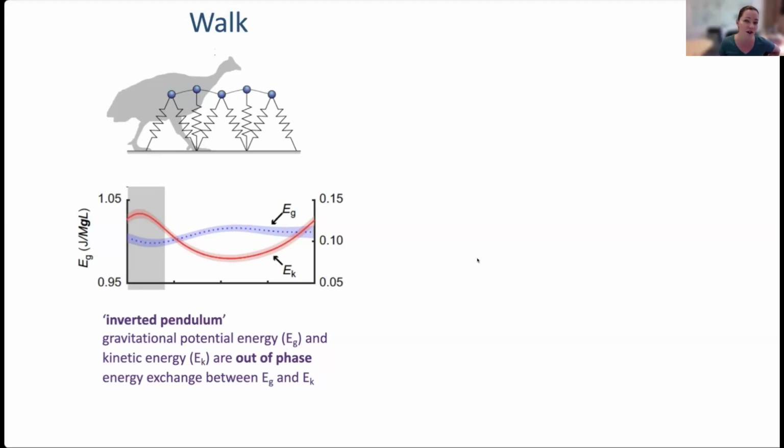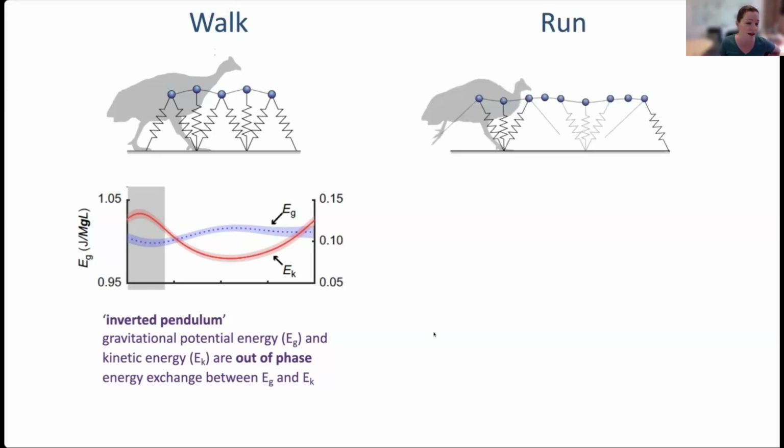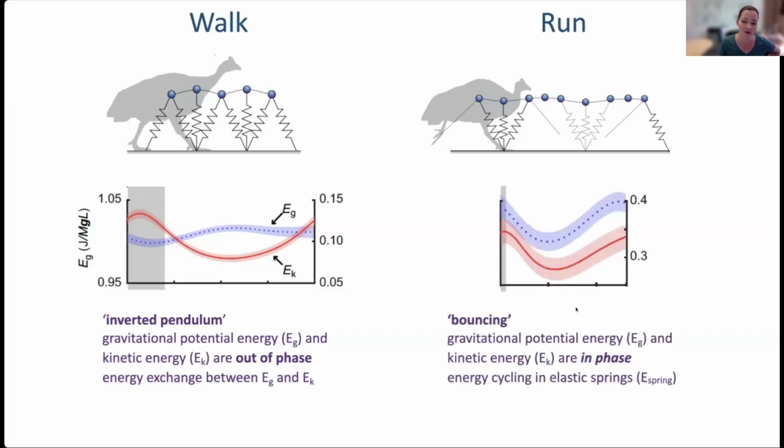And we get different energy fluctuation patterns. So typically, running is characterized basically as a bouncing motion rather than a vaulting motion. And what we find is it's like bouncing a mass on a spring. So in this case, the leg acts as a compliant element and center of mass height decreases during the stance